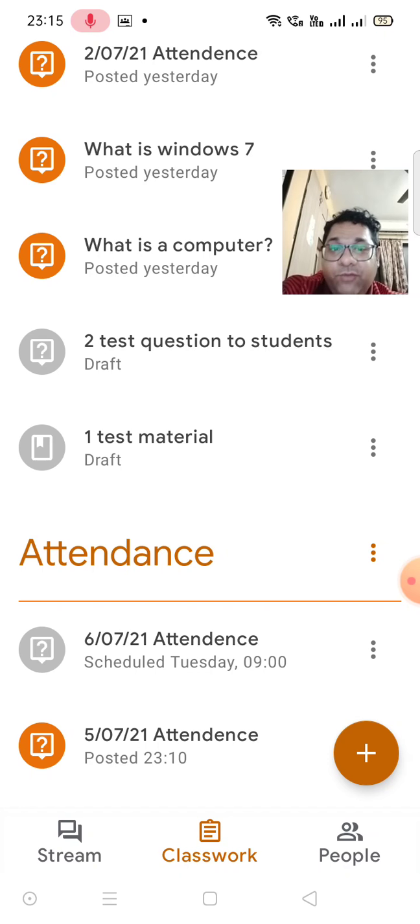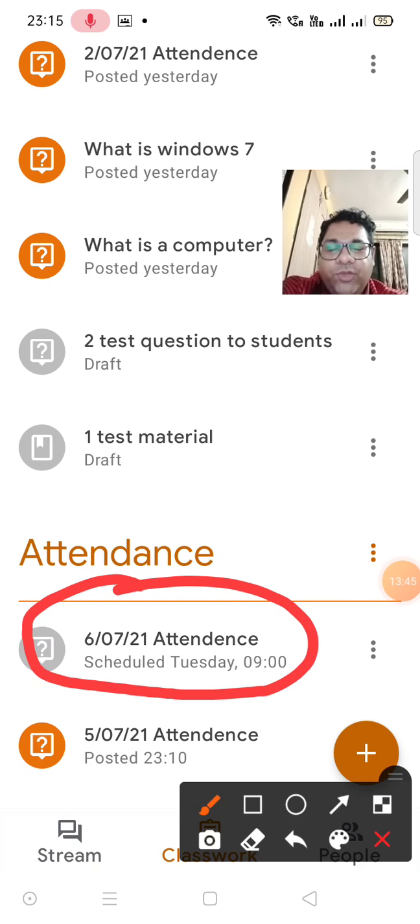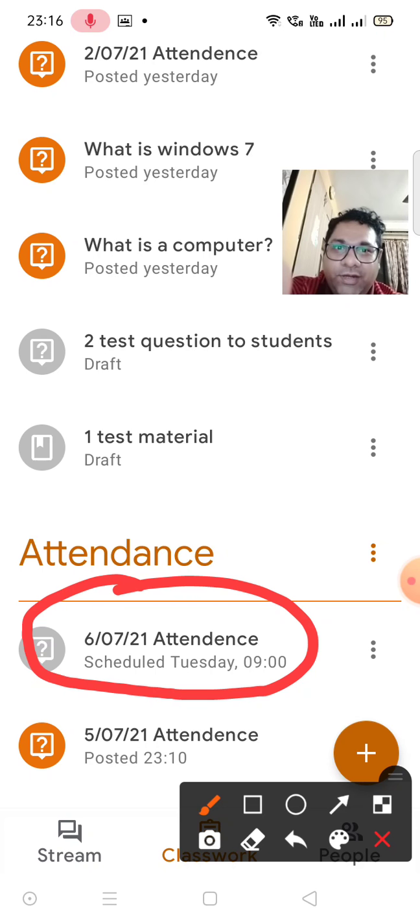You now see previously what we did. We went on the draft and we clicked it, and then we clicked on the right arrow, right? Now we don't have to do that. This post which is over here will go automatically at that time, perfectly on that time. Maybe a minute later it will go. Okay, so this is a very easy thing for you. I hope you all have understood it, how to create, how to make an attendance, how to post it, how to schedule an attendance. Okay, everything I've shown you in this video.